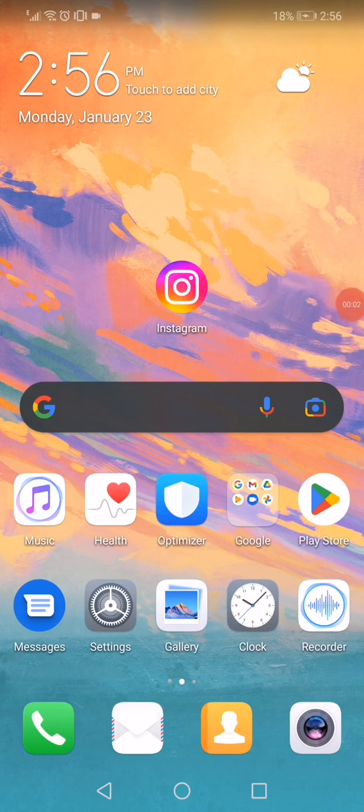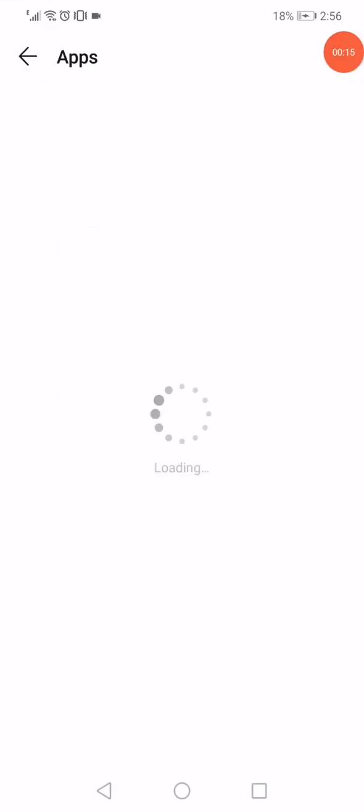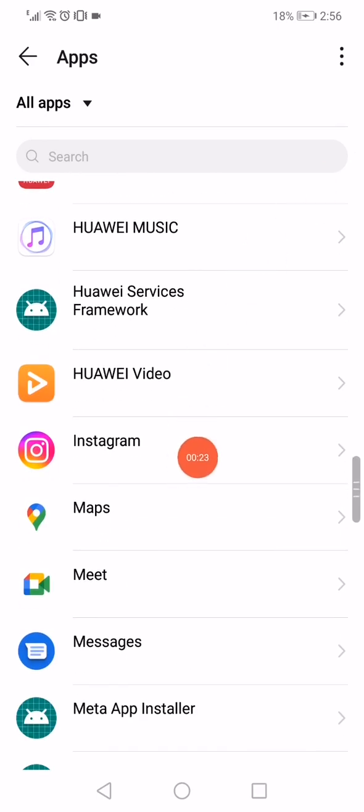In this short tutorial, I'm going to show you how to fix the Instagram limit problem easily and fast. So the first thing you want to do is open the settings on your phone and then open the apps manager like this. When you open the apps page, you will find every app that you have on your phone. So all you want to do is scroll until you find the Instagram app and click on it